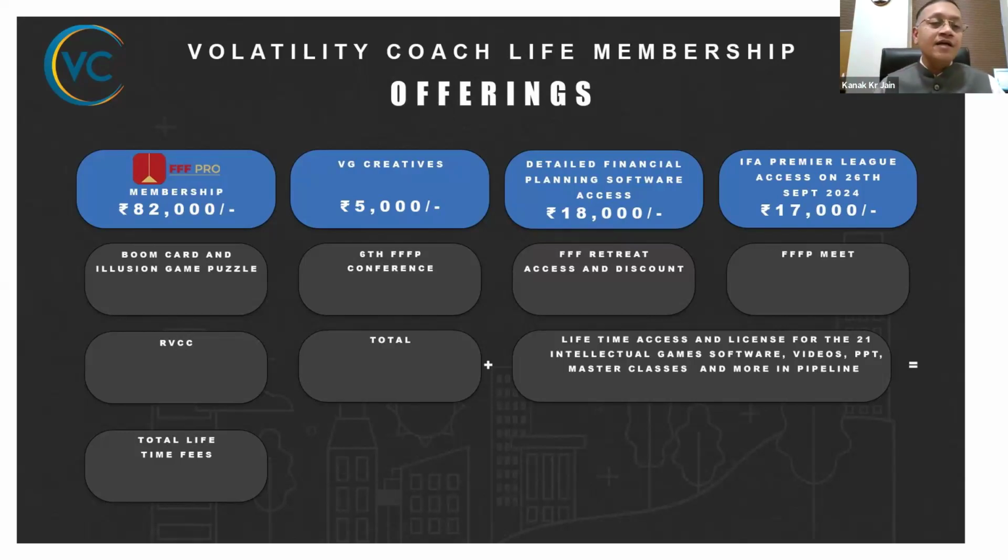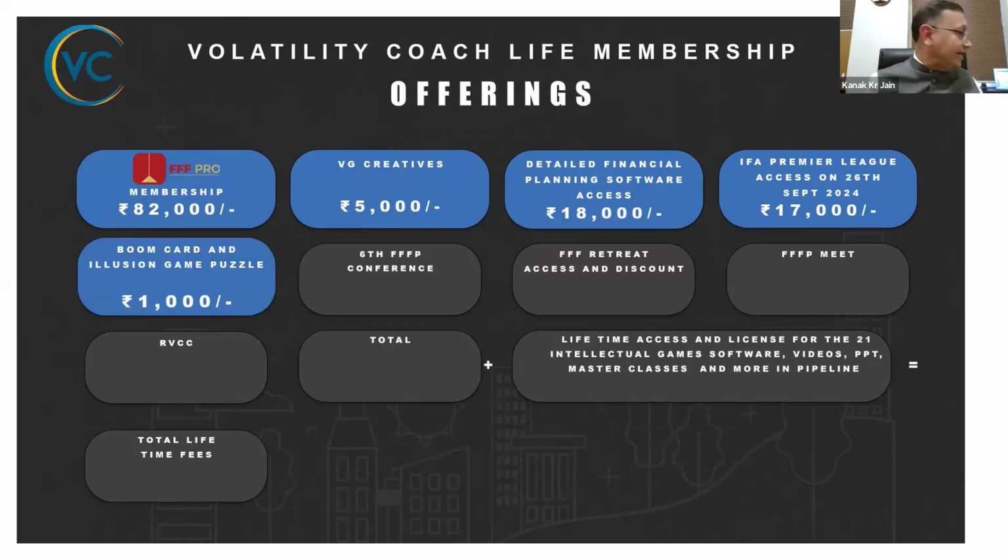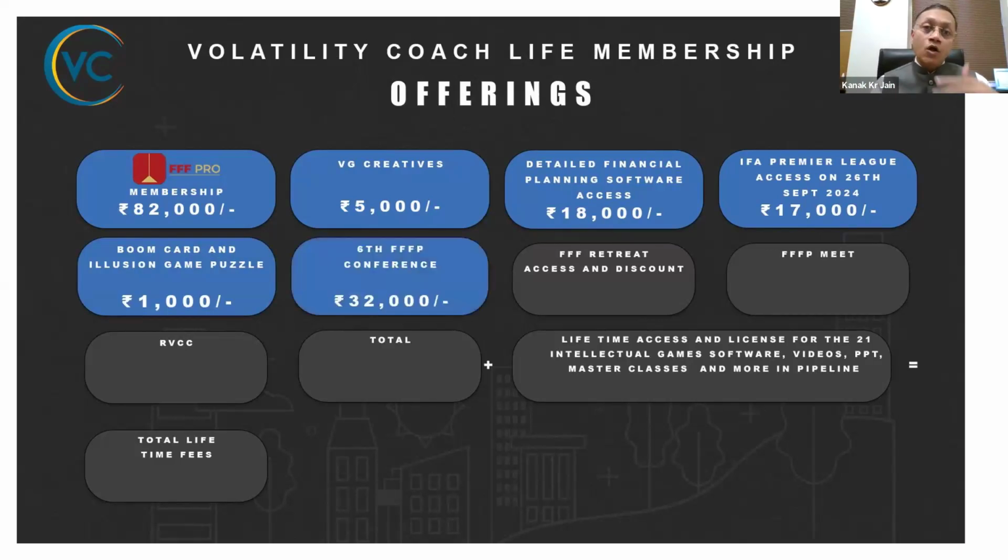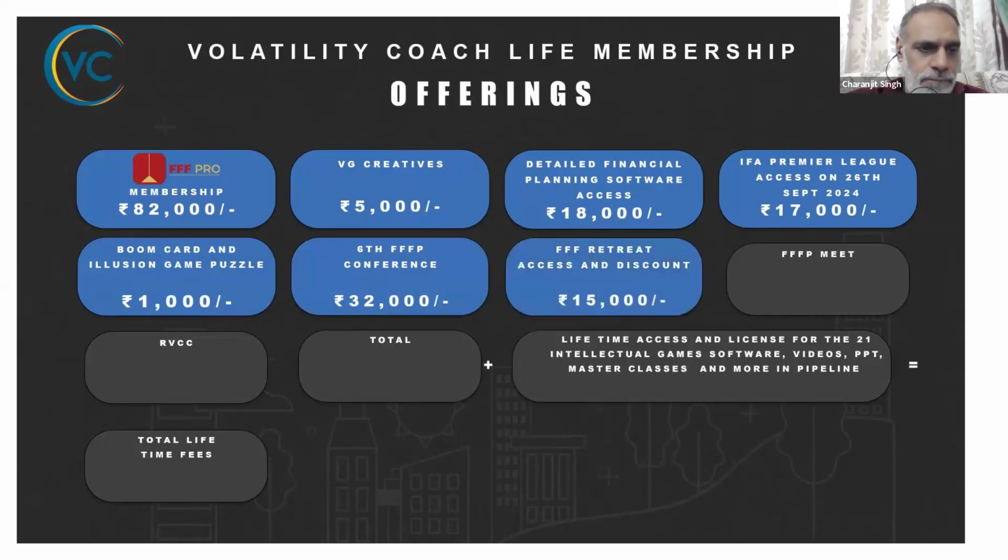सो दैट कॉस्ट अराउंड 17,000। और कुछ कार्ड गेम्स और पजल गेम्स हैं विच इज ऑल्सो देयर, विच यू कैन यूज वाइल यू आर डूइंग एन IAP। और हमारी एवरी ईयर एक एलीट कॉन्फ्रेंस होती है जहाँ पे पीपल विथ 100 करोड़ एंड अबव AUM आर ओनली कम, और जो वॉलेटिलिटी कोचेस हैं वो आ सकते हैं। तो उसका जो रजिस्ट्रेशन फीस है 32,000 है, वो भी अगर आप देखें तो एक पार्ट है इसका।